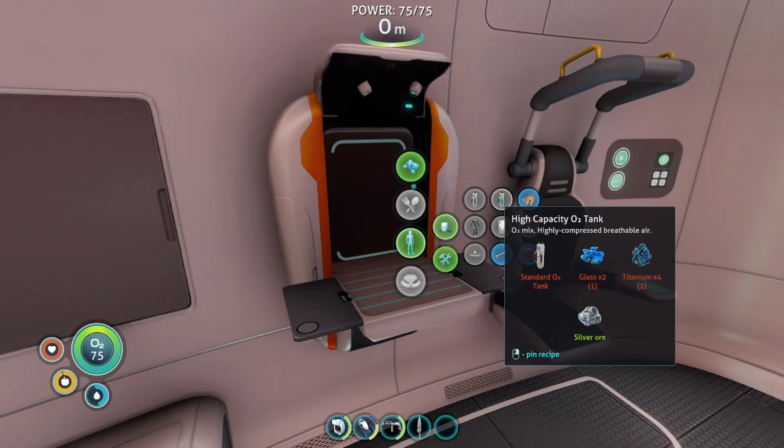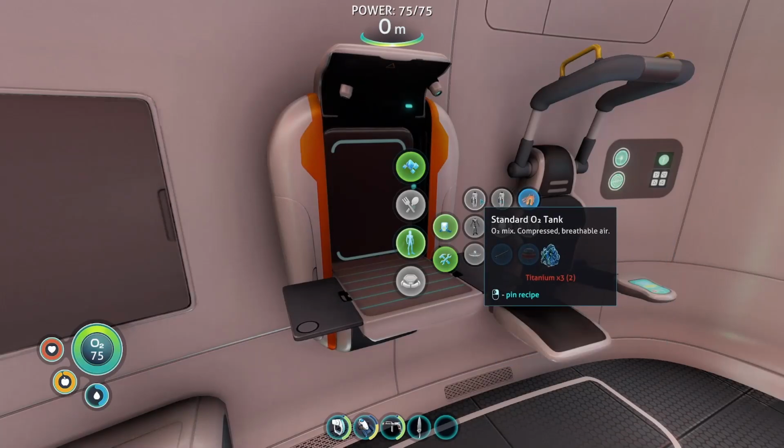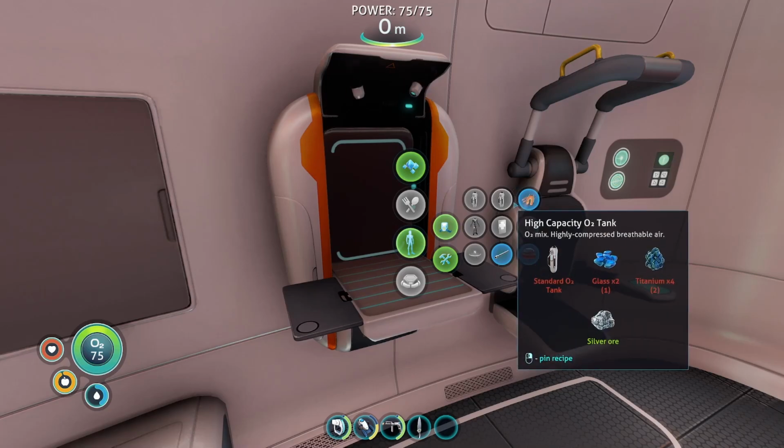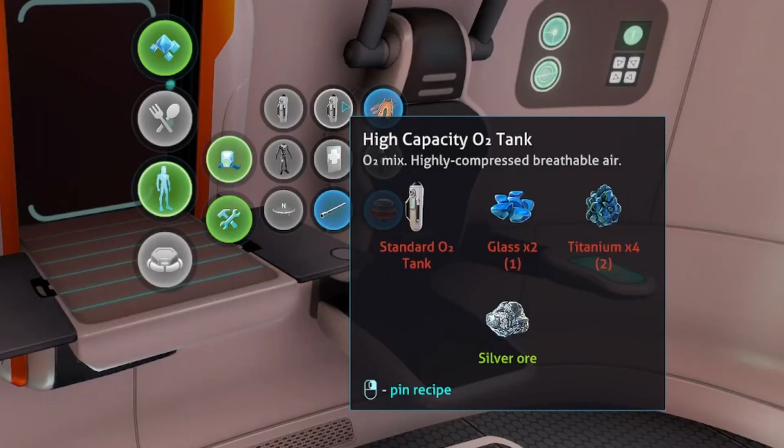The high capacity O2 tank is unlocked after crafting the standard O2 tank and increases your oxygen from 75 up to 135, which will allow you to explore much deeper into the ocean and explore those deep sea wrecks that you would normally die trying to explore as you run out of oxygen. Crafting the high capacity O2 tank doesn't require that much materials, only 2 glass, the standard O2 tank, 4 titanium